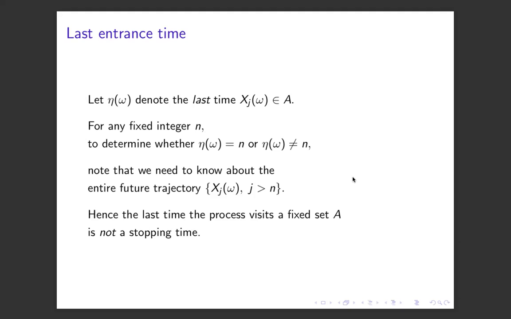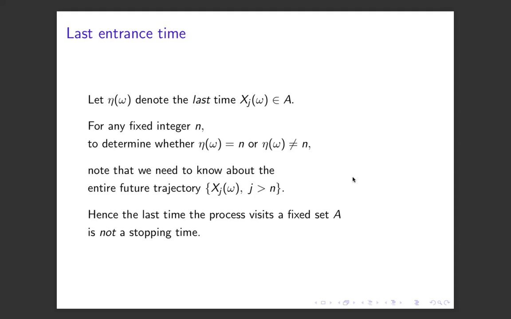Sir, I have a question. So basically this parameter eta of omega may not always be well defined, it can be infinity also. It can be infinity or it can be finite. But see, suppose you want to say that for a particular omega, the last time it visits is 10. Just knowing the process up to time 10 is not enough, right? Yeah, because we have to ensure from 11 to infinity. So it does not satisfy the property that for any n it depends only on the process up to time n.